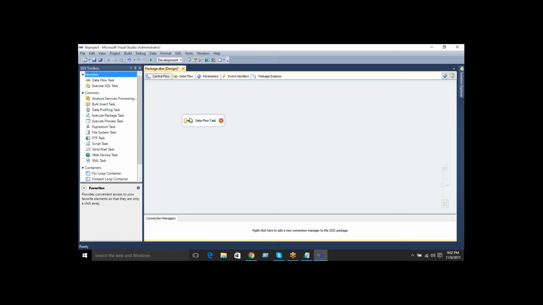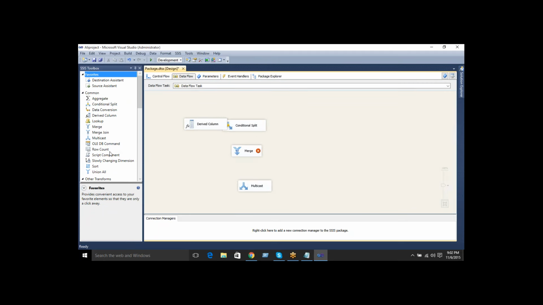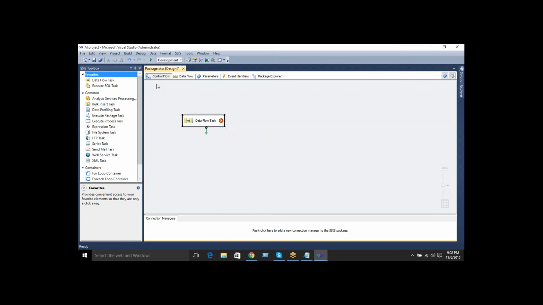First you have to drag a data flow task into the control flow. Then just double click on it, and it opens your data flow. That means a data flow task must be created in control flow if I want to do anything with data flow in a package. Without a data flow task, you can't do anything with data flow items. So that is the logic here. Once you create packages, it is easy to understand.